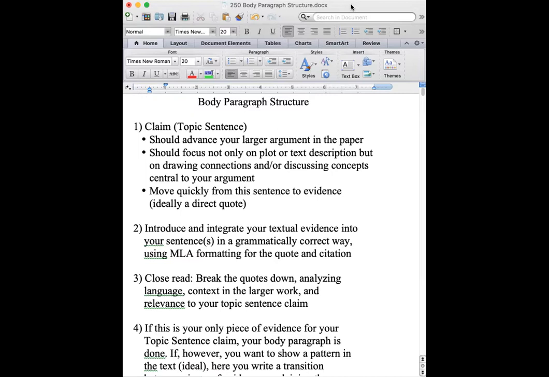One, if you start your body paragraph with a plot summary topic sentence, it's very likely that you will then continue on that pattern. It's very hard to get out of that pattern when you say this happens. It's very natural to then follow up with, and this happens, and this happens, and this happens. And in literary criticism, the presumption is that your reader is actually familiar with the text, that they've read it, and that the reason they're reading your paper is that they're interested in a new take on it, or an interpretation they haven't thought about before, in other words, that they're interested in learning something new